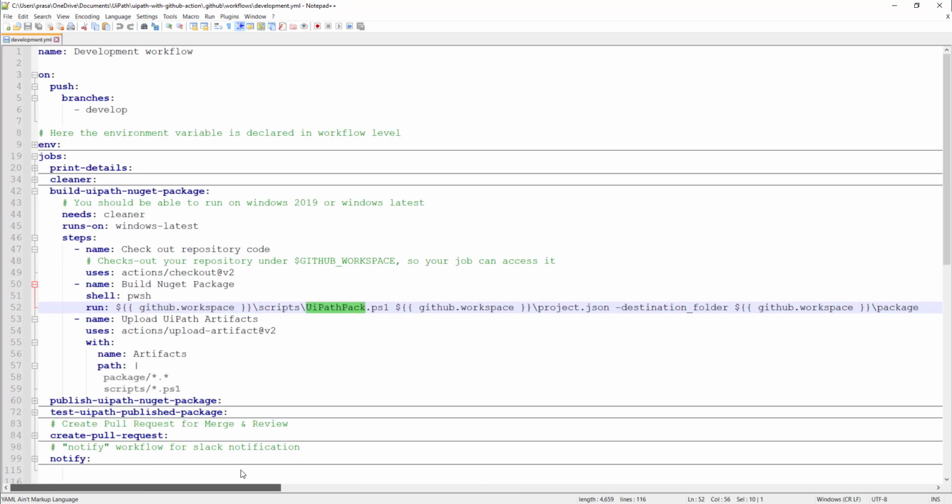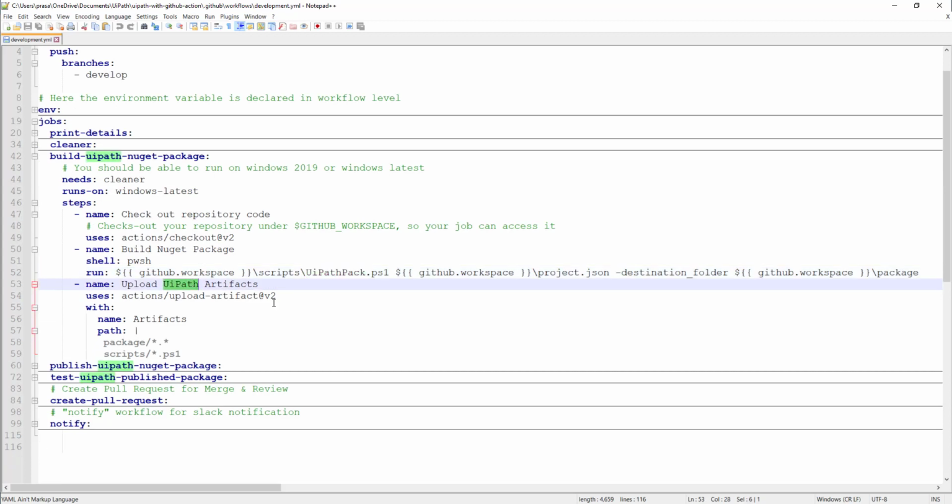Here you have multiple options for creating a revision of the NuGet package and all those things. For the sake of simplicity, I have not given those, but you should be able to increment the project revisions, right, which is inside your project.json file. So we'll be taking care of that from UiPath Studio for now, but you should be able to write and change it accordingly if you want to create auto revisioning or auto versioning, right?